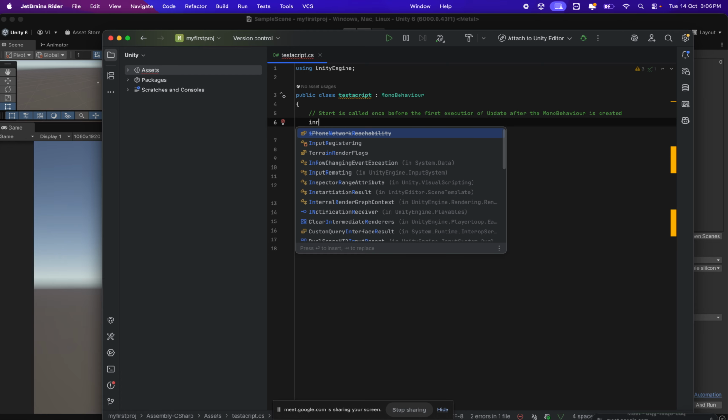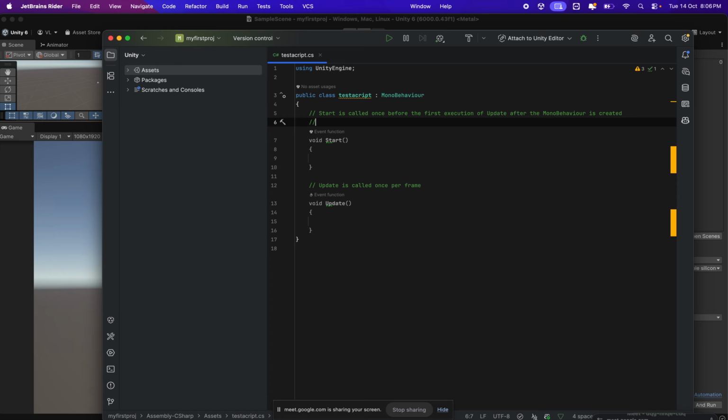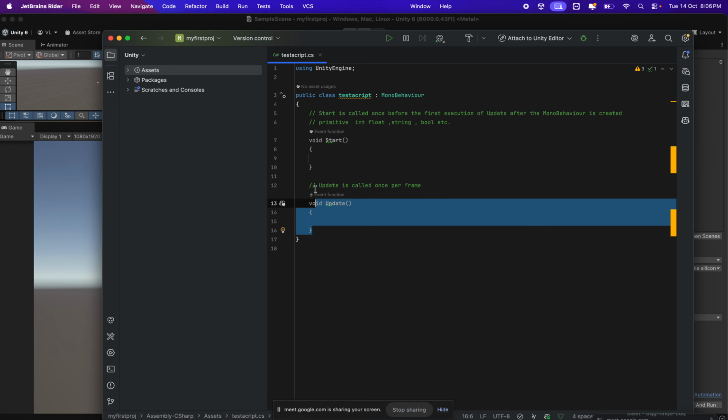So declaration of variables, these are the primitives: int, float, string, bool, etc. Okay, so these were our primitives, and we had also worked on the